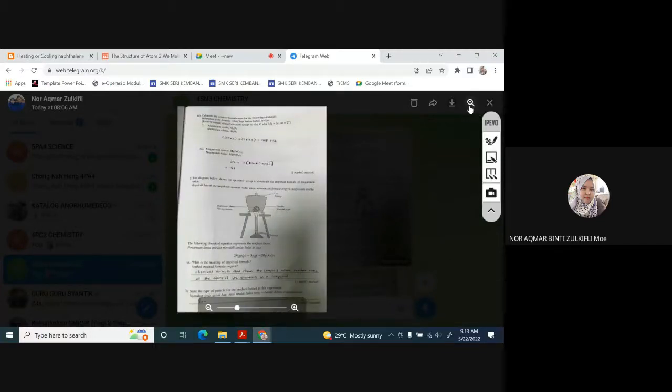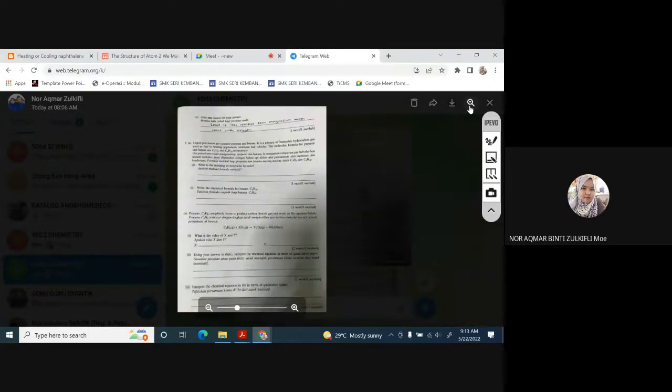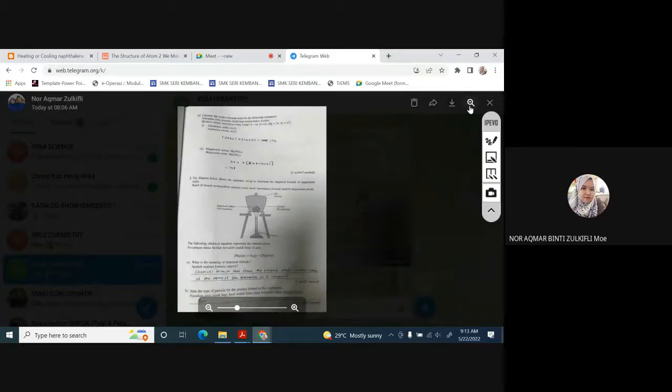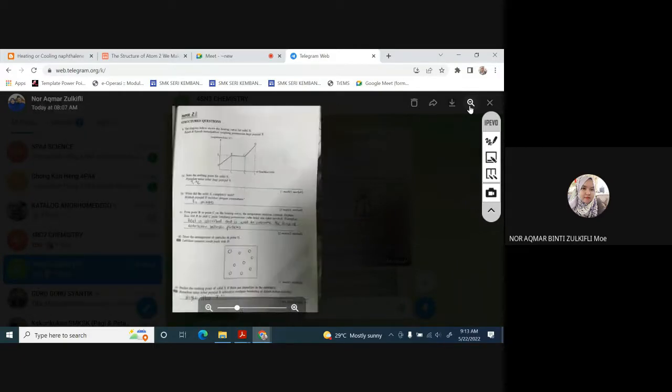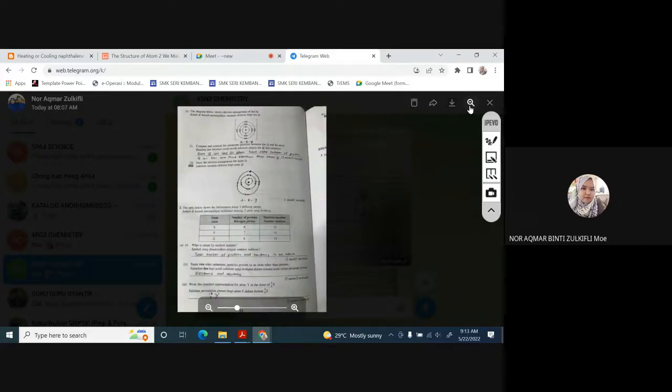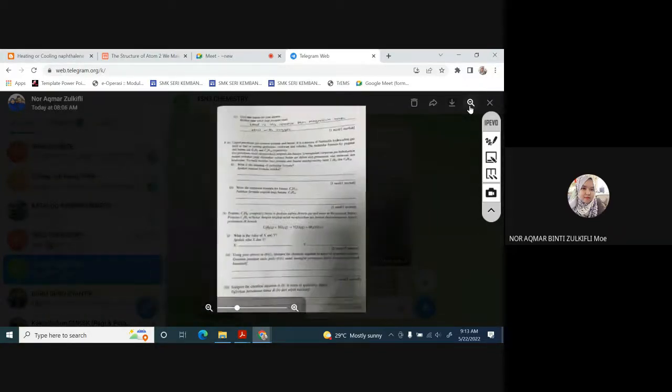Okay, ini from chapter 3. Okay, cuba tengok latihan ini. Cikgu dah tunjukkan cara-cara apa jawapan, macam mana nak kira. Okay. Kalau tak faham, boleh personal WhatsApp cikgu. Okay, ini contoh soalan yang selalu keluar exam lah. Ini chapter 2. Yang heating cooling curve naphthalene yang eksperimen kita buat tu. Okay, and then how to write down atom. Okay, and then the proton and neutron. Yeah, this is what we call structure question.